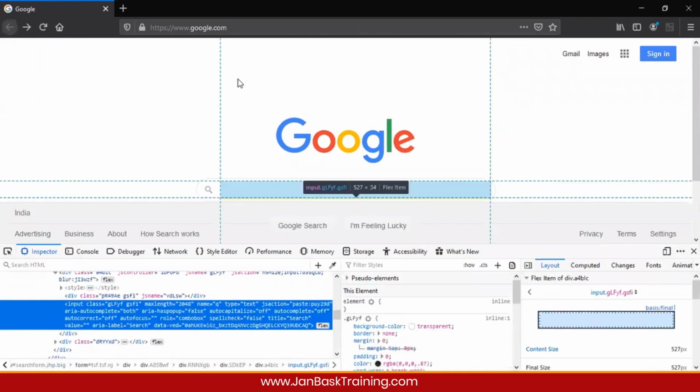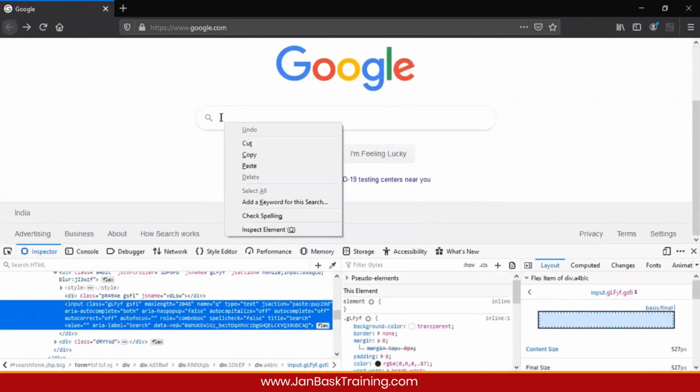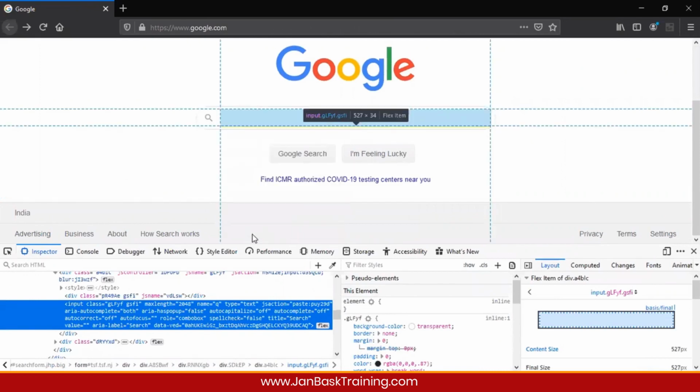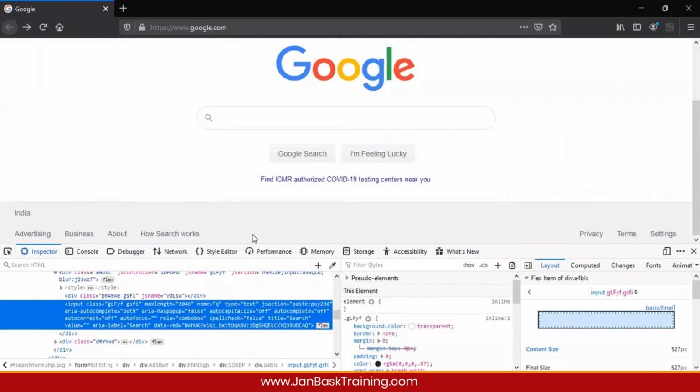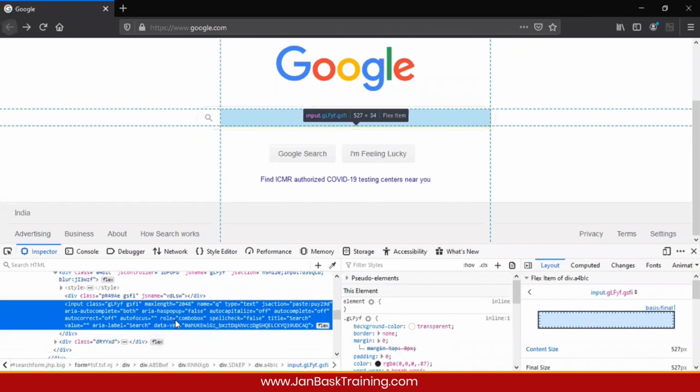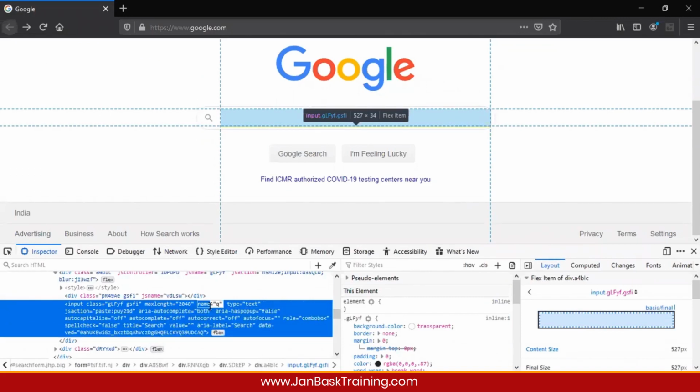We have to go and right click on the element, right? Inspect element. What does it do? It tries to inspect the code base. In the code base, we usually define the name, IDs, or something unique for each and every field. If you see over here, it has a name attribute that says q.